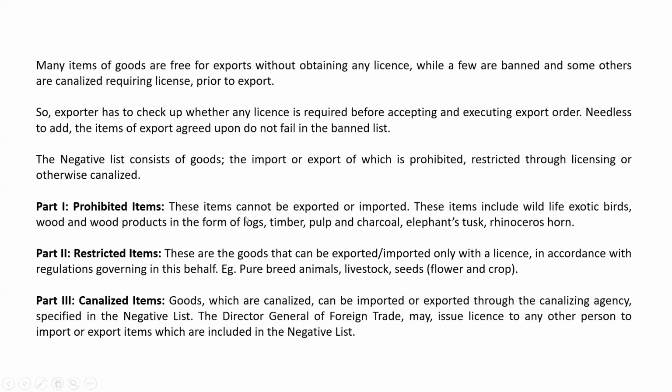Prohibited items. The name itself gives a clear understanding that the goods are prohibited. They cannot be transported or exported even with any kind of special license. Normal exporters or even government agencies don't have any rights under law to carry or export any of the prohibited goods. For instance, from India, exotic birds and extinct species, a few animals